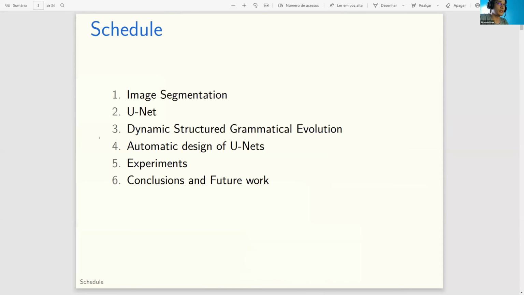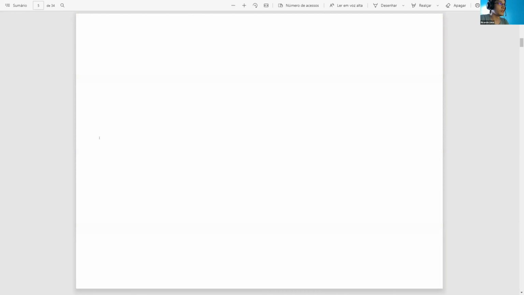So during this presentation, I'm going to talk a little bit about image segmentation and cover the UNet. Then I'll be presenting a little bit about the dynamic structured grammatical evolution, that is the approach we apply to solving our problem. More details on our approach on the automatic design of UNets, some of the experiments, conclusion, and future work. So in the introduction,